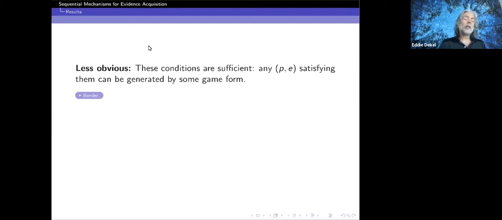It's far less obvious, in fact it was far less obvious to us for a very long time, that these are the sufficient conditions. Any PE satisfying these two conditions can be generated by some game form. Okay. Now,